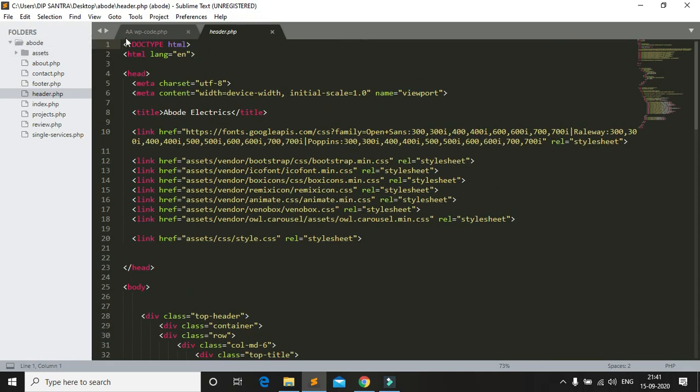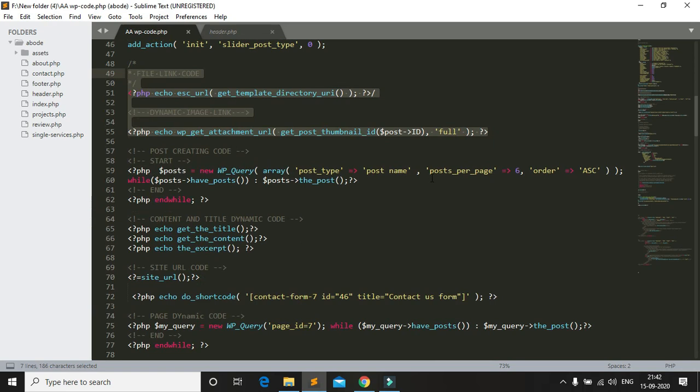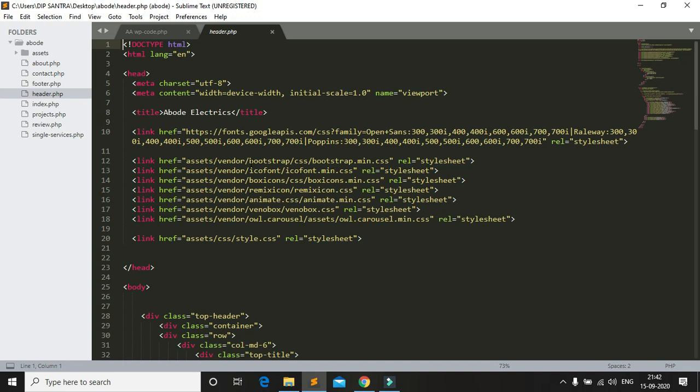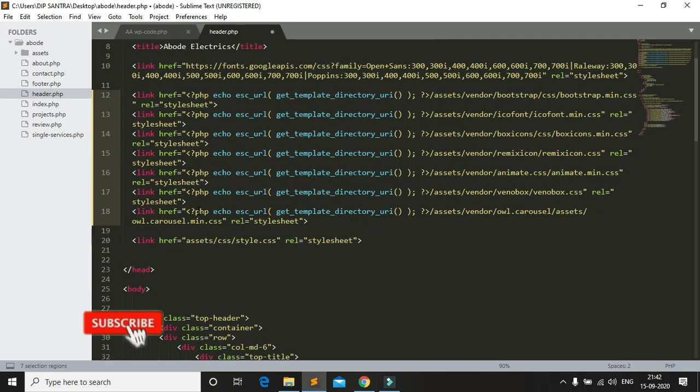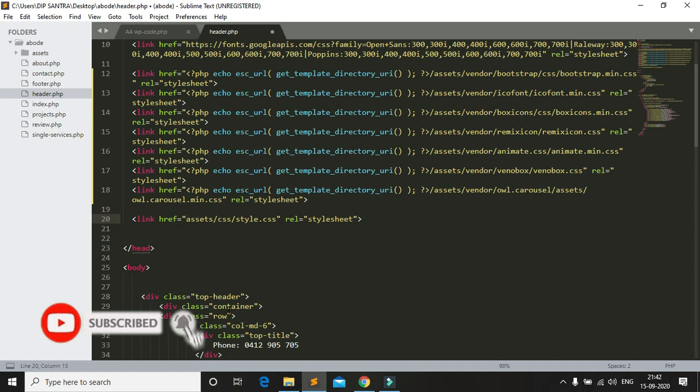Okay, so this is my link, the images and file link code. Okay, the linking code, this one. So I copy this, select, and Control D, sorry, and paste it here.